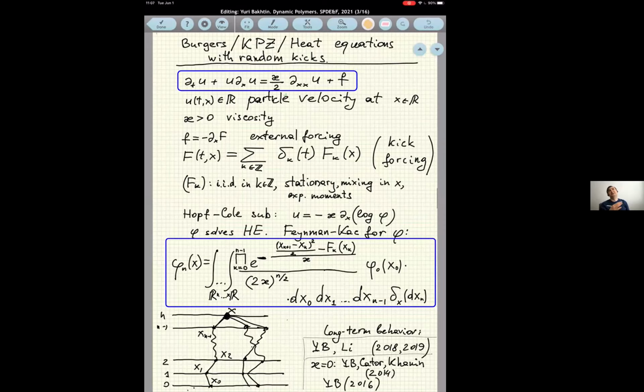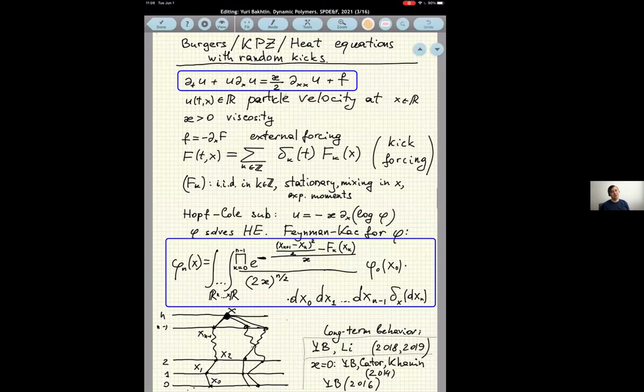Well, in the fluid dynamic interpretation, u stands for particle velocity. So at each point x, at each time, there's a particle on the real line, and the velocity of that particle is called u. This equation basically says that these particles move under external acceleration implied by the external forcing f, and there's friction, which results in this viscosity term. Here kappa over 2 is the viscosity parameter. So the Laplacian is due to viscosity.